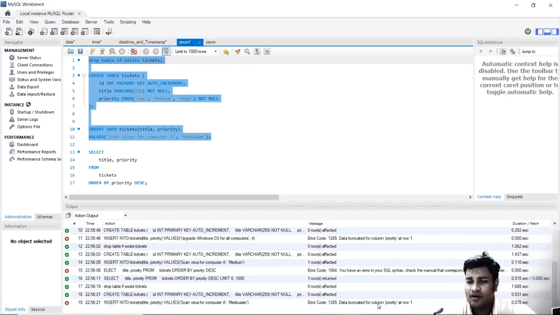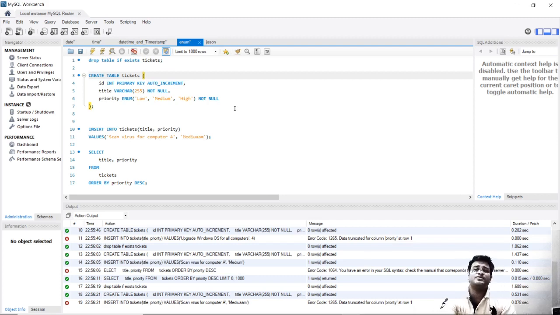Data truncated for column priority at row 1 because that value was not present. So when you say enum, it is just a set. You can consider enum as a set, but the point which you should take home today is that enum is represented as numbers in computers. So it has a key value pair. Number 1 is low, number 2 is medium, number 3 is high.